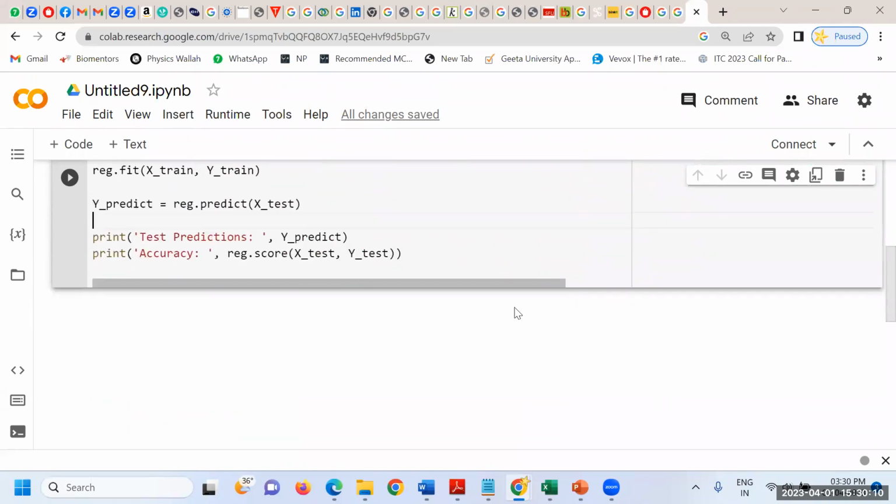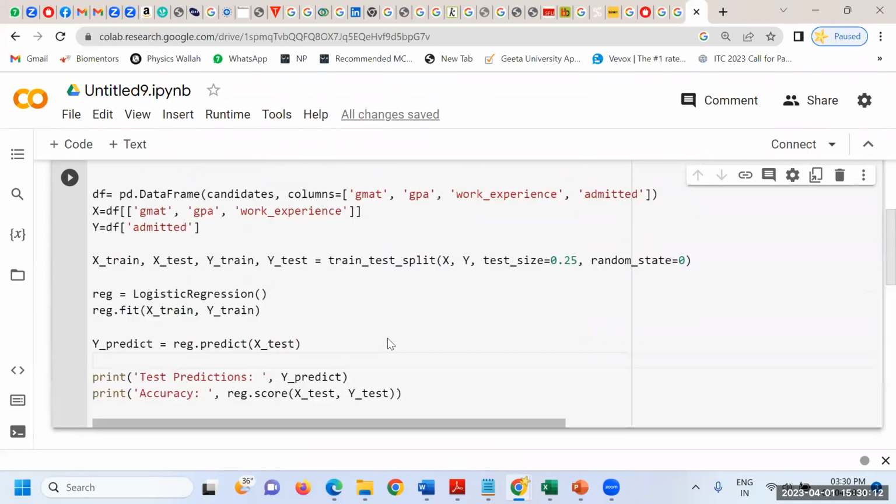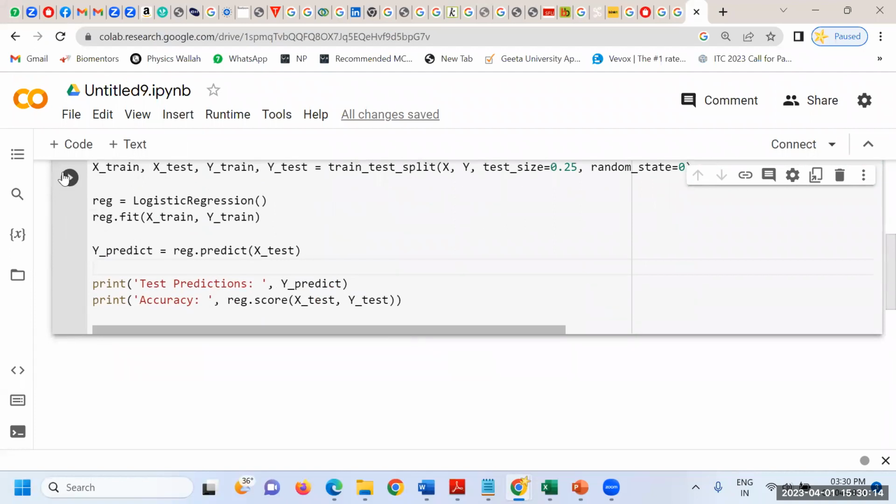That is very important. So let's try to run that. For running, we are going to click the run button. Here you are able to see it is allocating some server. It is going to give RAM for me. It is going to give some hard disk space for me because we are working on the cloud.